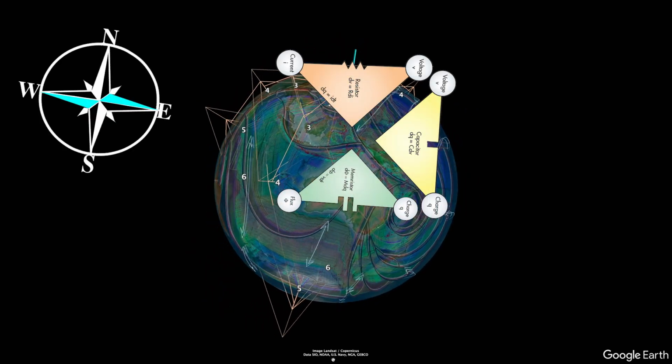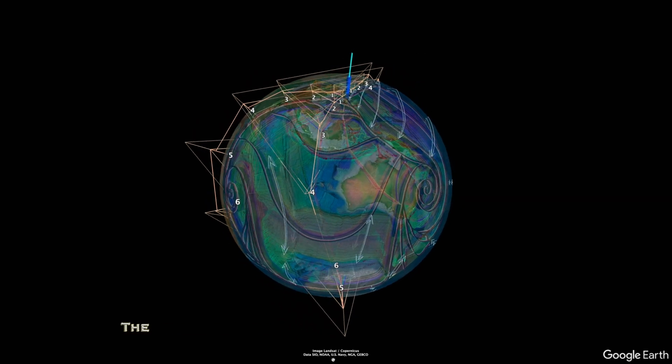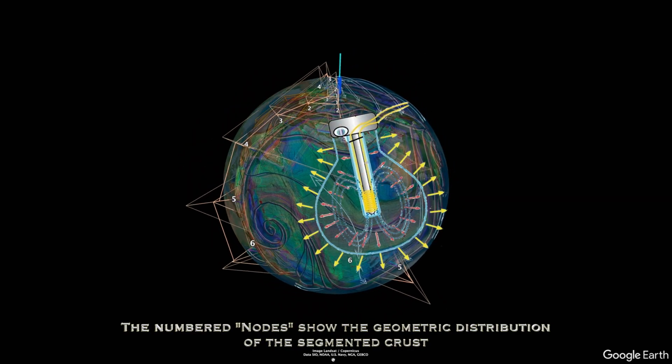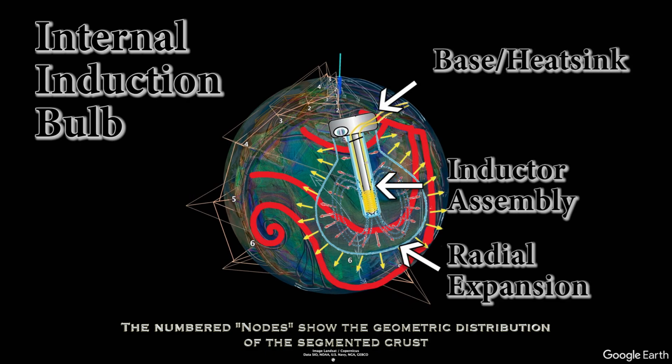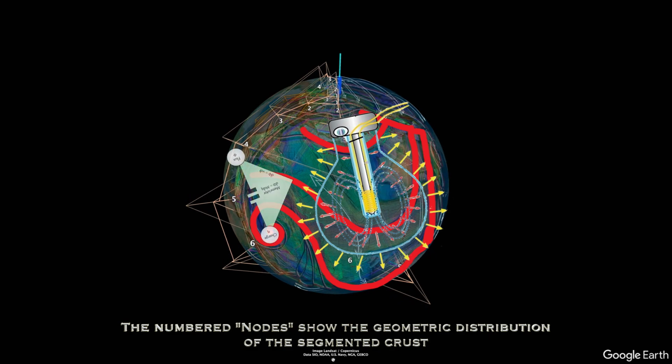To the west of the resistor circuit, the crust acted like an inductor, expanding like a bulb to absorb the impact, and in doing so, forming the Indian Ocean in the process. Induction is a magnetic field of storage, and it has a very rounded shape, which is what is present in Sean's illustrations of the crustal expansion of the Indian Ocean. We can use his illustration to place the charge node of the memristor over the Indian Ocean expansion, and suddenly we can see the circuitry that formed the inductor segment of the crust of the Indian Ocean.